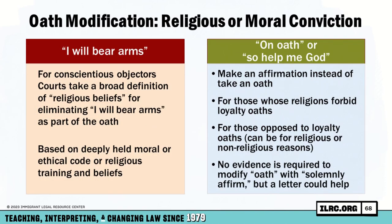And then for folks who have certain religious or moral convictions, you can modify the oath, and the two pieces that often get modified are the "I will bear arms," or the actual oath part, or "so help me God." So there is some evidence on your screen